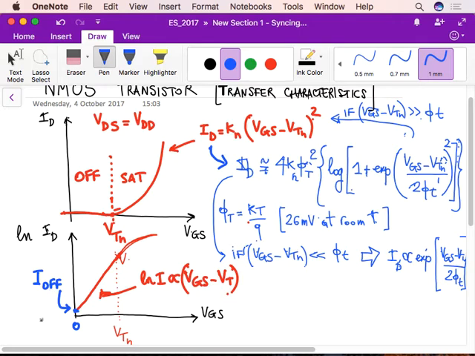So the off current is the current that we have in the Nmos transistor